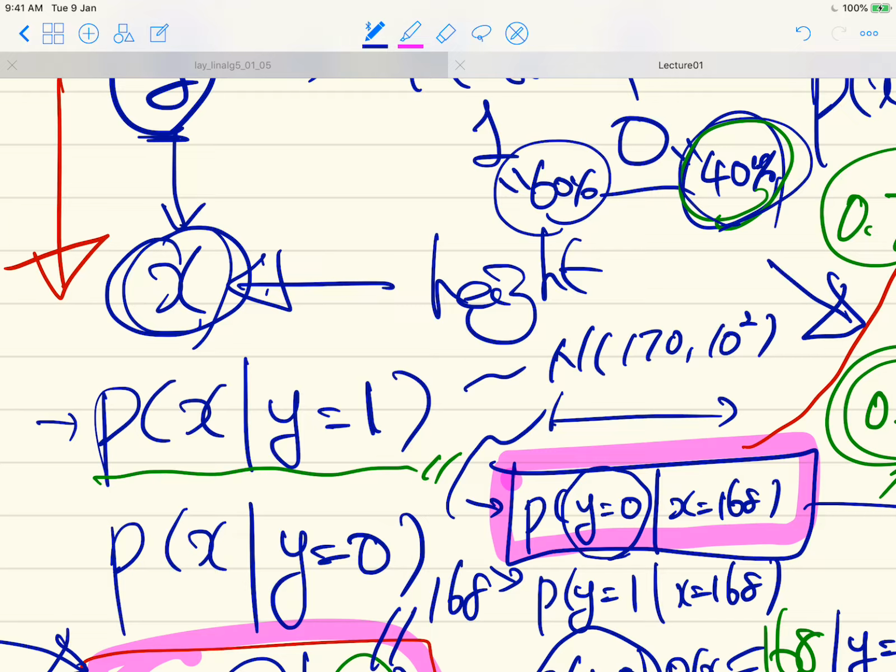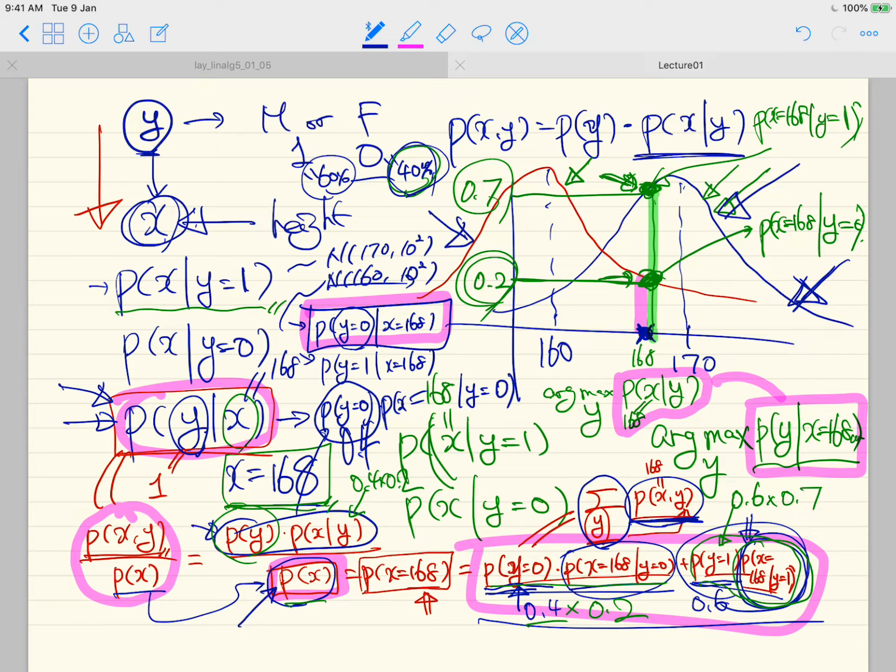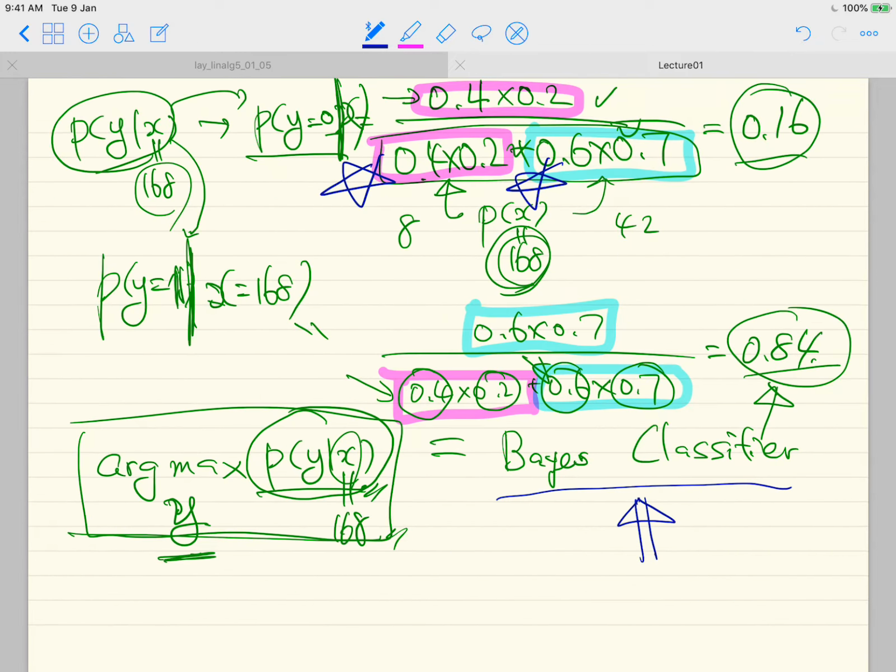And this guy is N(160, 10 squared), assuming that their variance is the same. Okay. So when generating our samples from all this perfectly known generation process, and then choosing this optimal classification strategy called Bayes classifier,